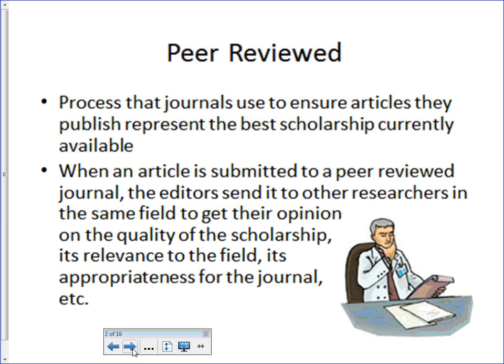So peer review is a process that journals use to ensure that the articles that they publish represent the best scholarship currently available. Once researchers are finished doing their experiment, they've written up their findings, they now want to release their findings to the larger public or the scientific community, they will send it out to a journal to publish